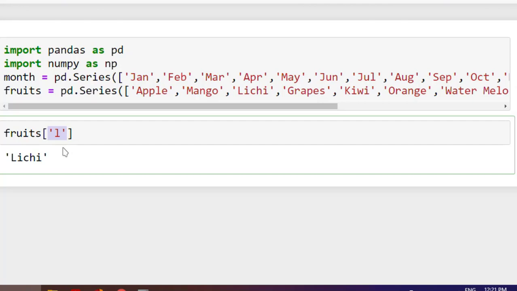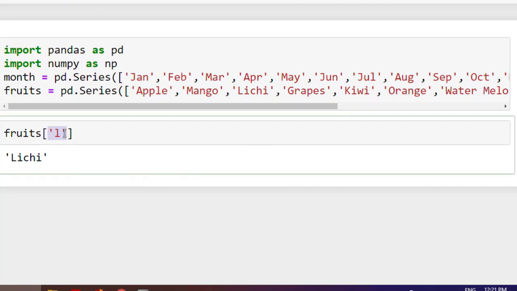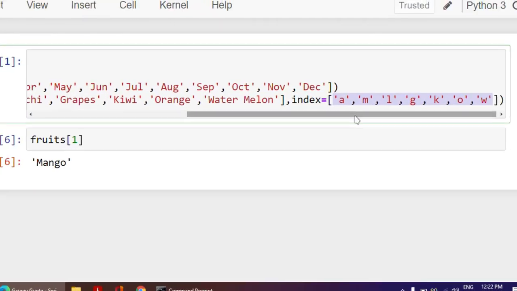One more very important thing to add is that even though you give your own index values, for example, A, M, L, G, K, if you use an integer index, it will also work. That means by default, in the background, it is stored somewhere that A is 0, M is 1, even though I have set my own index labels.